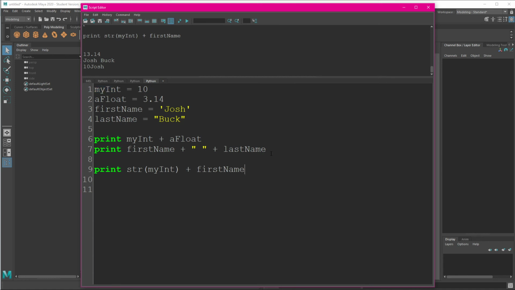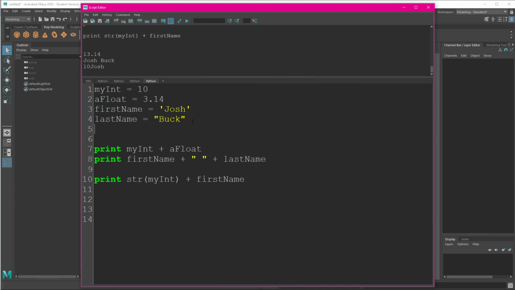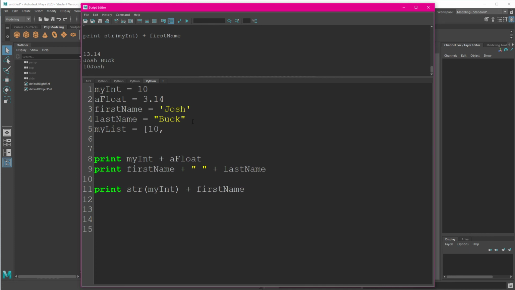Okay, so a couple other types. I'm going to do a whole video on lists next, but we also have lists, and a list is stored in square brackets, and it can contain any type of data.